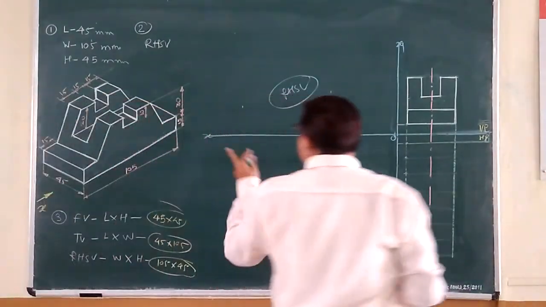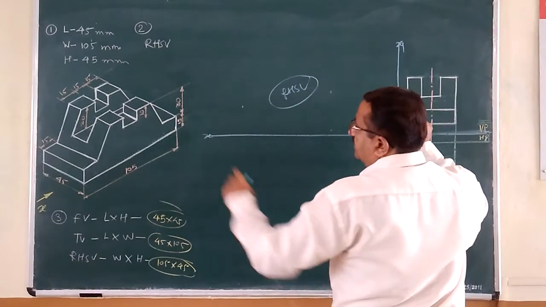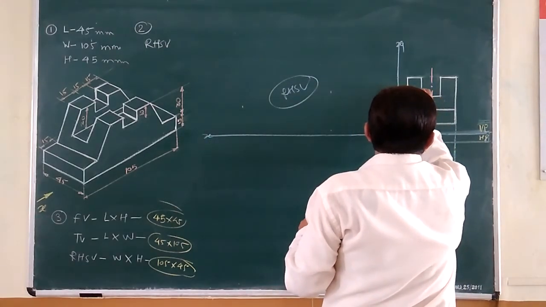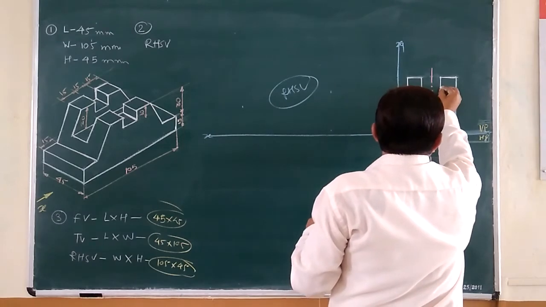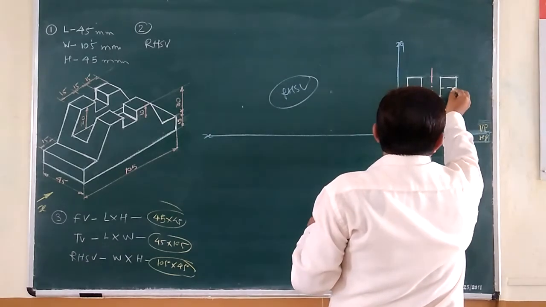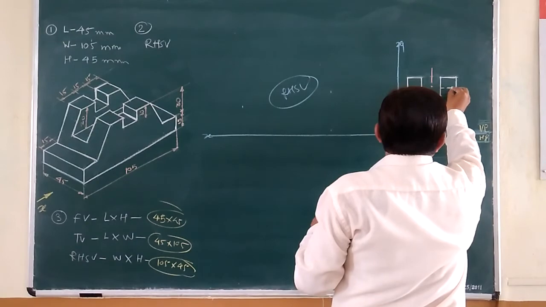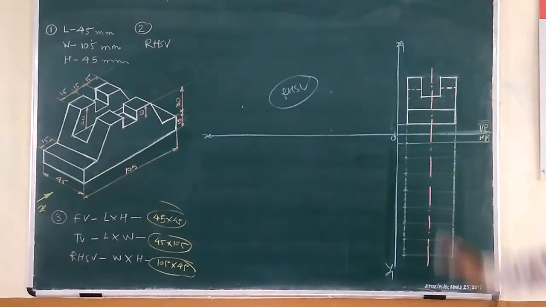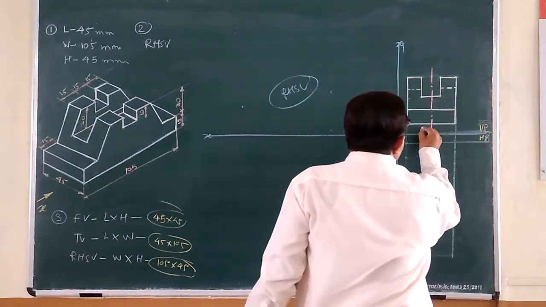So we should show them by a dashed thick line, that is 10 mm. This is 20. So exactly at the mid of this height, we should construct dashed thick lines, which will give us the effect of invisible corners which are created due to this cross slot. So the front view is totally completed. This is nothing but the front view.